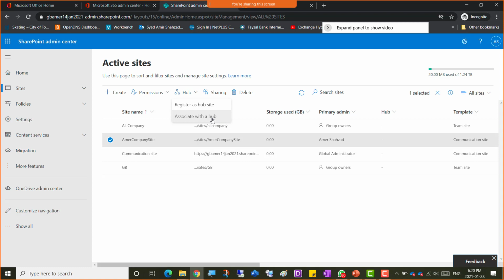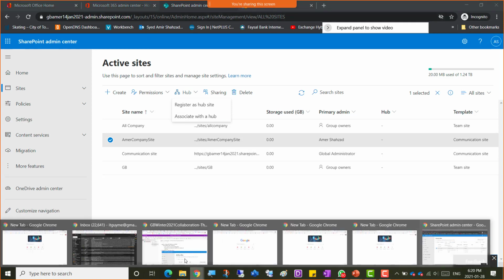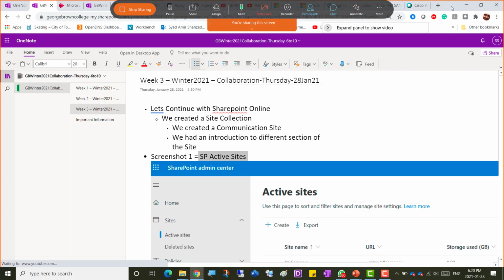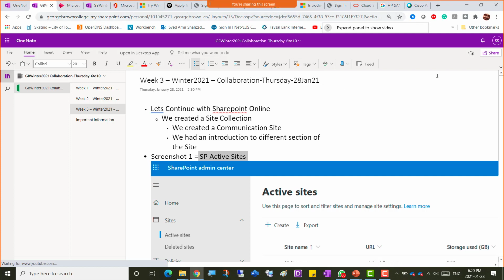Okay, what's the name of the first screenshot? Gideon, the first screenshot name is SP active sites. SP active sites. So if you have written that, let's go ahead. Yeah, SP active sites, and let's go ahead. So what I was doing,